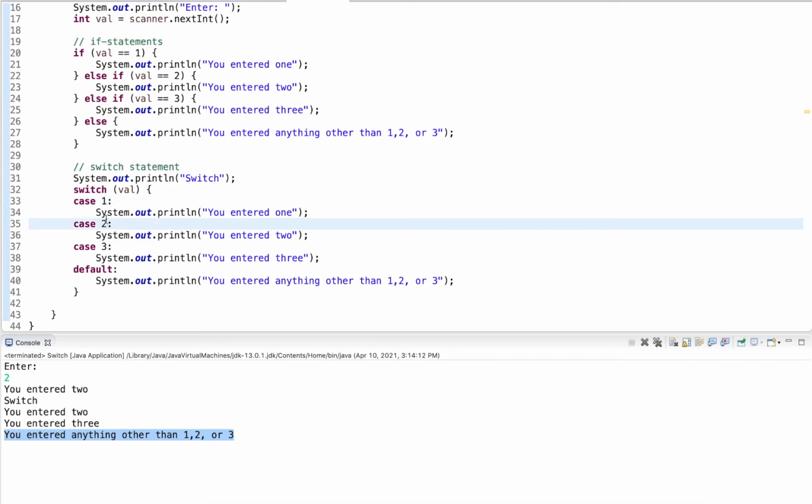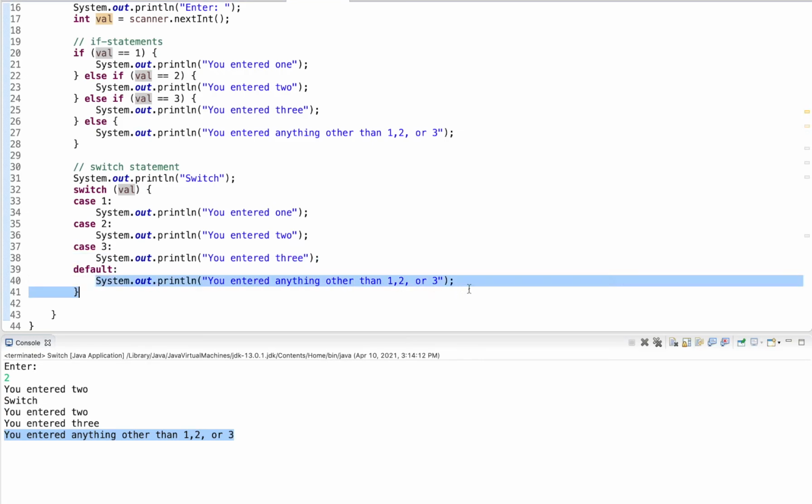So each case is simply a door to enter the switch statement. And once we are inside, we are inside. We don't have to check anything else. We're already in. So it checked the value here to 1, we cannot get in. Check 2, now we can get in, now we're inside, so we keep executing. We execute this, we fall through to the next statement, and we fall through to the default.